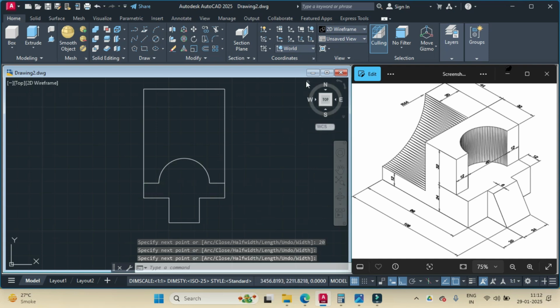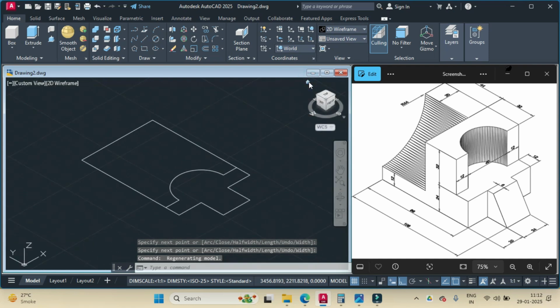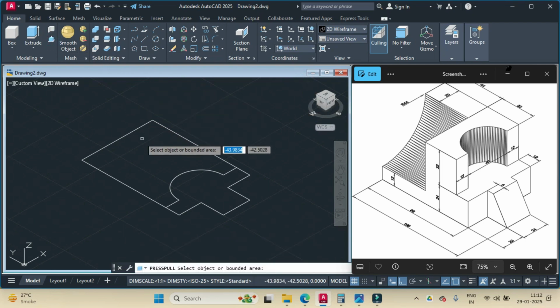Then we go into the southwest isometric view and we use the press pull